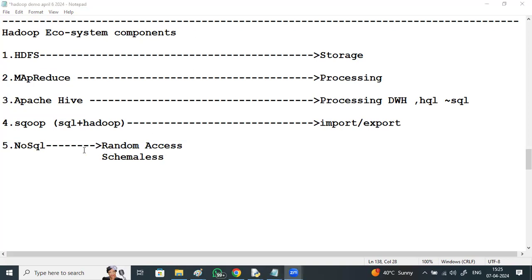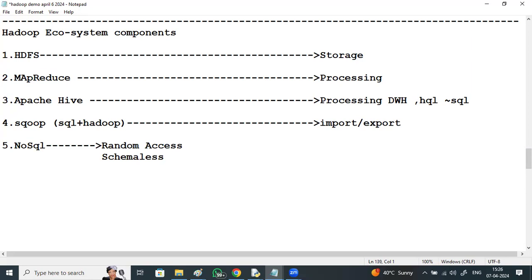Sorry, yeah, a NoSQL database is right for random access and schemaless behavior. Schemaless means, as I was saying, in SQL, from first record to last record, the same number of fields has to be maintained. But in NoSQL, my first record can have 3 fields, second record 5 fields, third record 7 fields, fourth record 10 fields, meaning record to record a different number of columns can be maintained. In SQL, every time you want to add a new column, you need to alter the schema. Here it's schemaless behavior, random access, flexible schema.